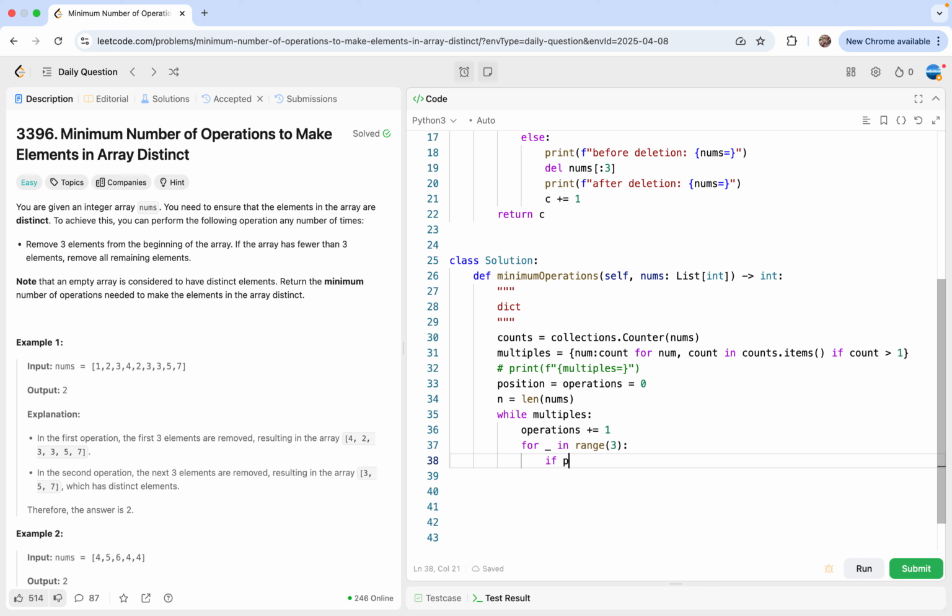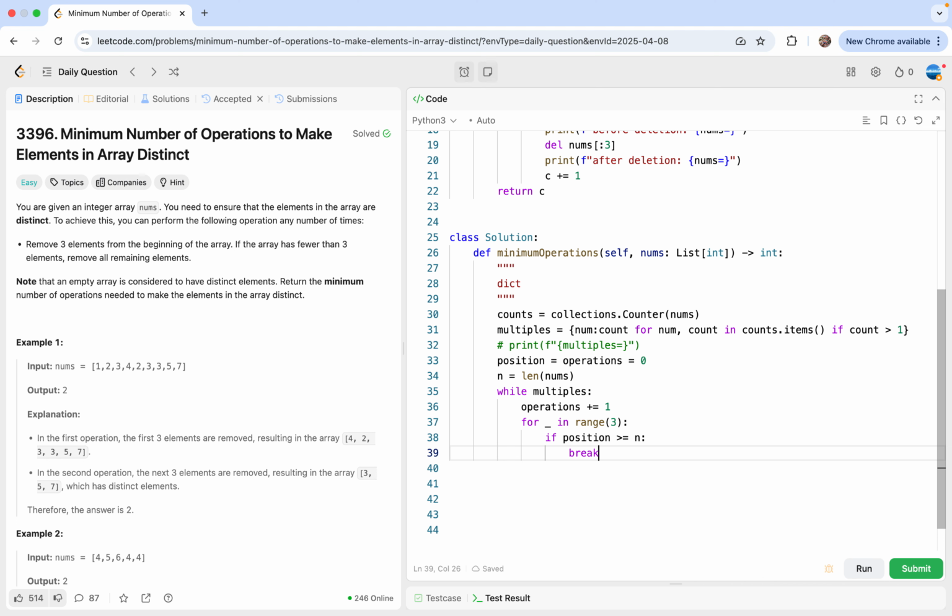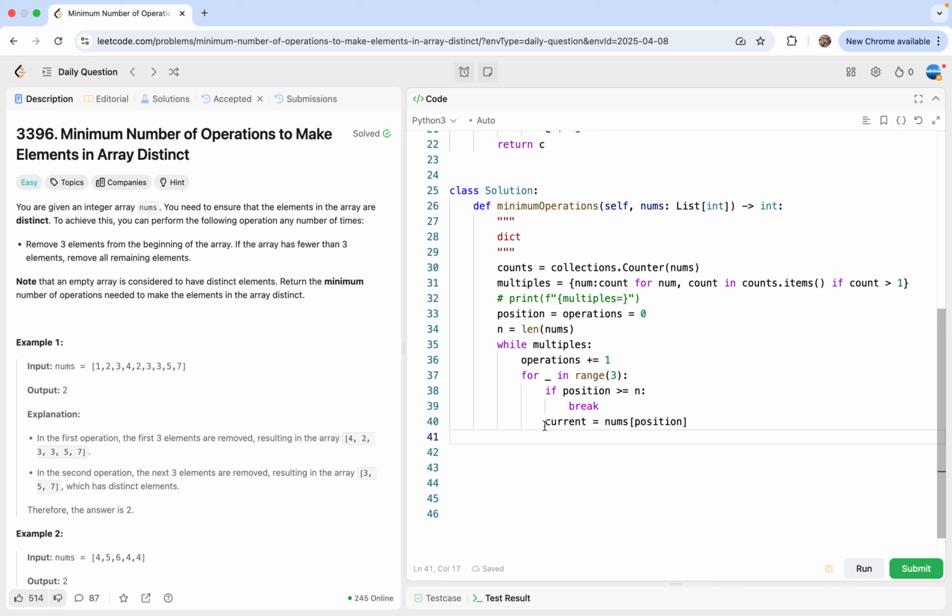And then if position is greater than or equal to n, right? So in this case, we just break. There are no elements. Otherwise, the current will be nums[position]. This is the one we are going to delete. We don't actually need to delete the number from nums, so we just monitor the change of